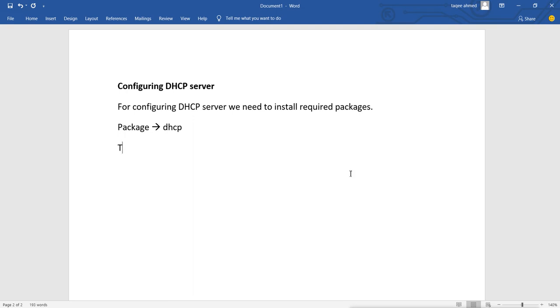So first we will check whether the package is already installed or not, and for that we will use rpm -qa, and then we will search dhcp*.